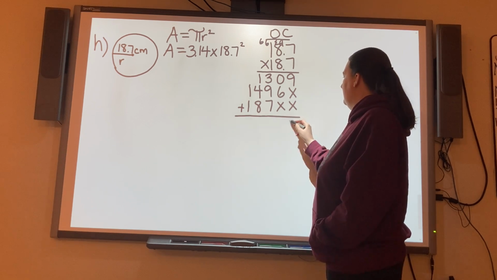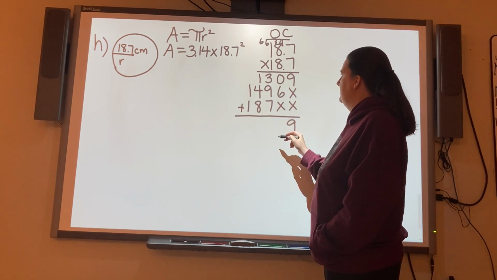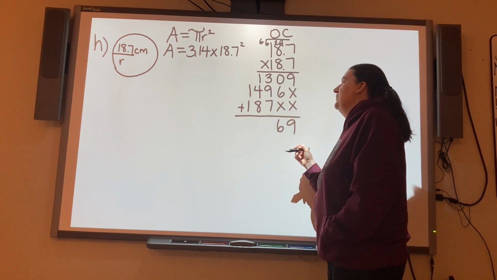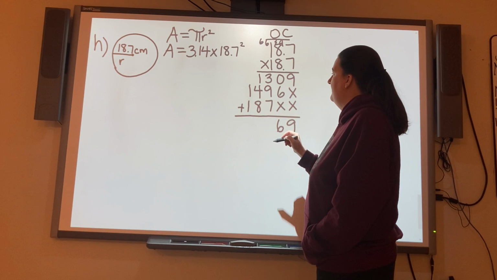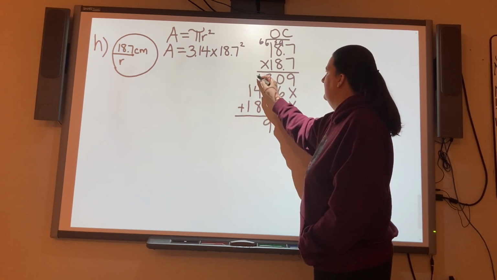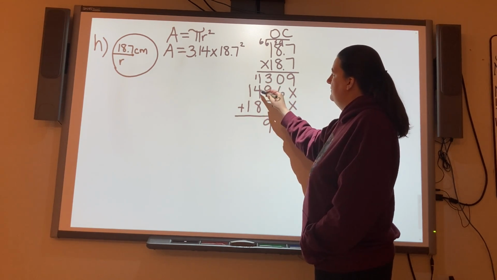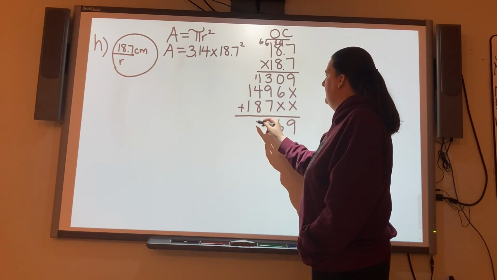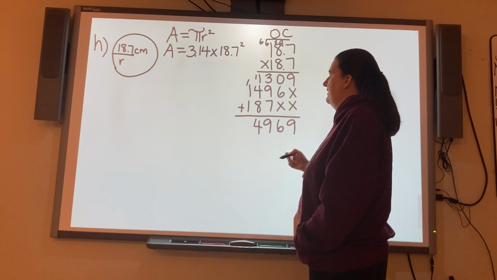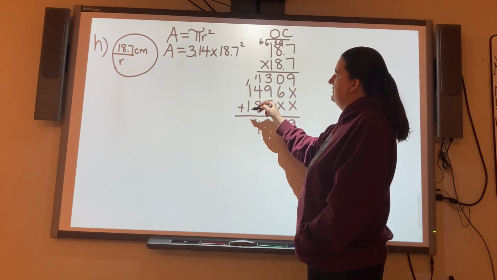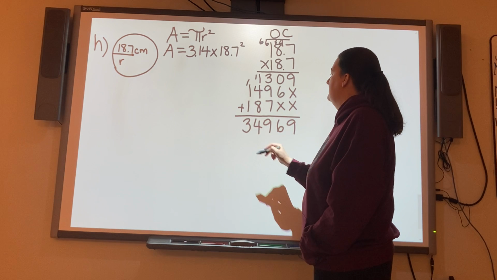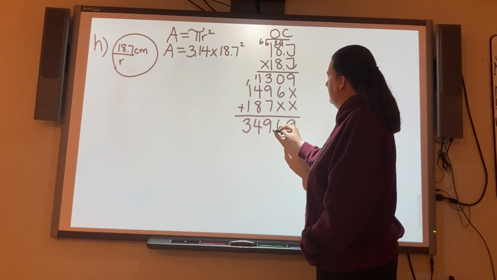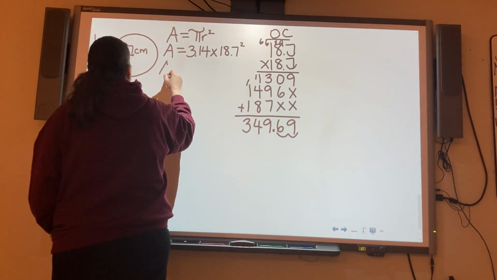So 9 plus nothing is 9. 6 plus 0 is 6. 3 plus 9 is 12. 12 plus 7 is 19, carry your 1. 1 plus 4 is 5, plus 8 is 13, plus the 1 that you carried is 14, carry your 1. 1 plus 1 is 2, plus the 1 that you carried is 3. 1, 2 decimal spots, 1, 2 decimal spots. So area equals